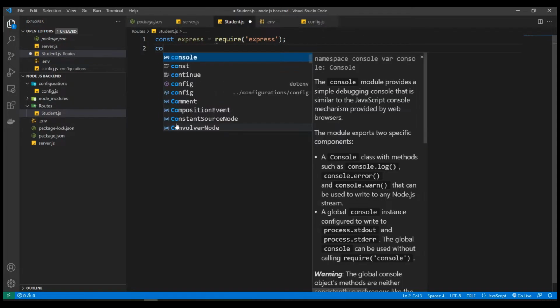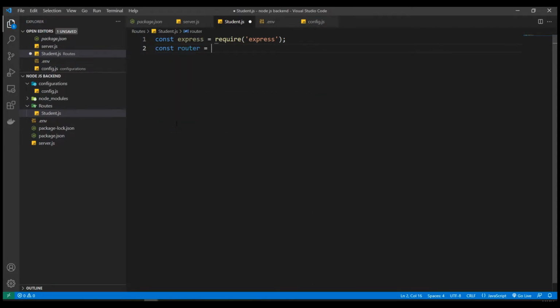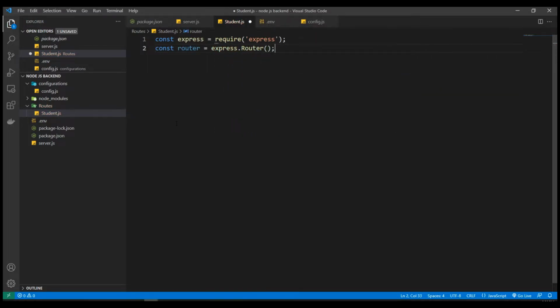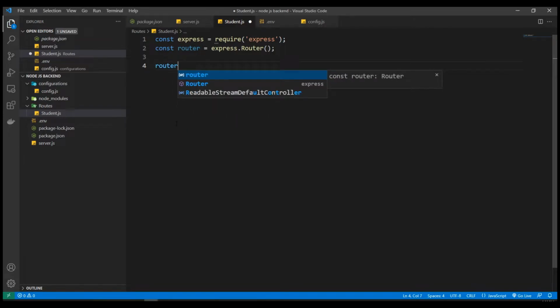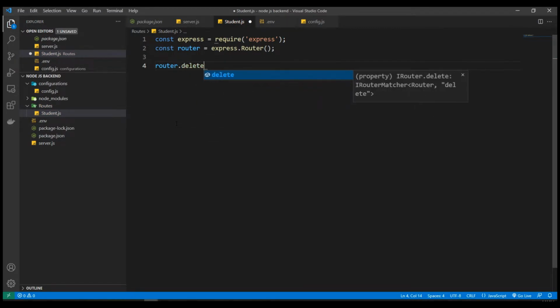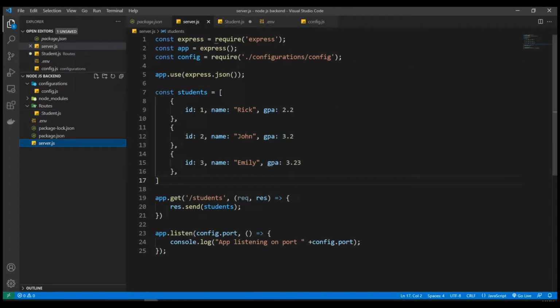And then I'm going to create another variable. I'm going to call it router, and then we're going to have to call the express.Router function. Now what we can do is say router.get, and of course we also have router.post, router.put, and router.delete for every method type. So here our API was router.get, so I'm going to create the same one. I'm going to take the same route,